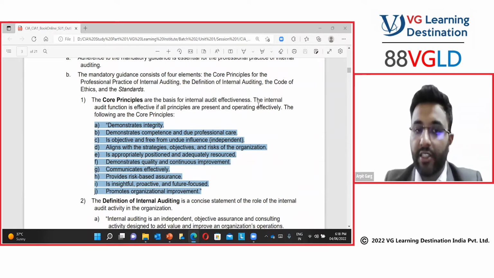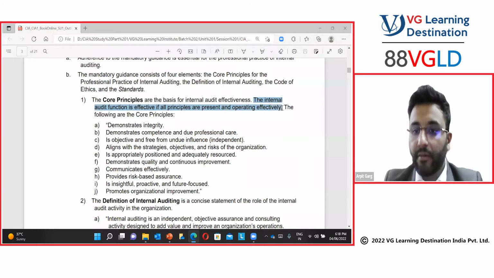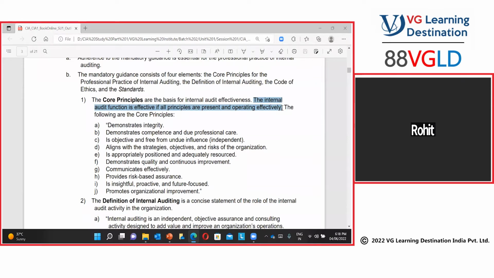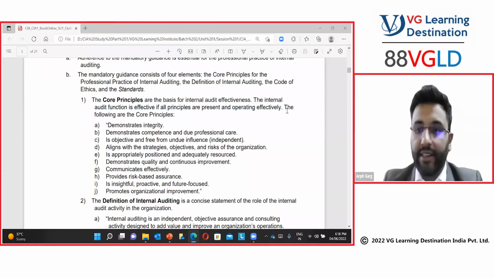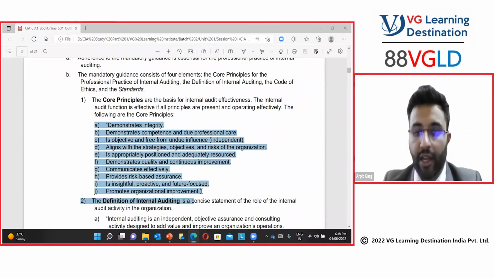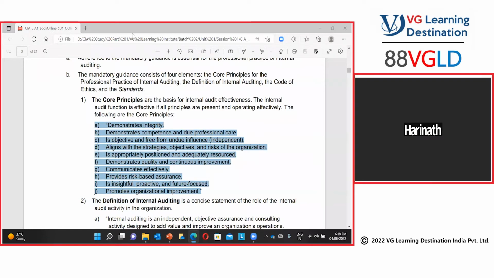It says the internal audit function is effective if, can you all read together? All principles are present and operating effectively. All right, so let's see together. The 10 core principles include, can you all read this together? What are the 10 core principles? Demonstrates integrity,